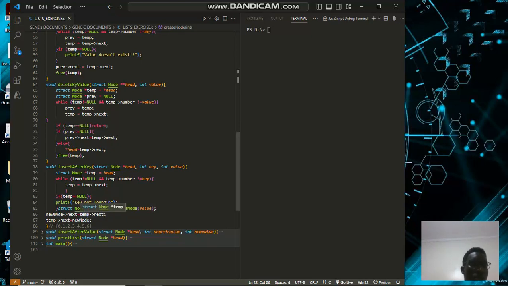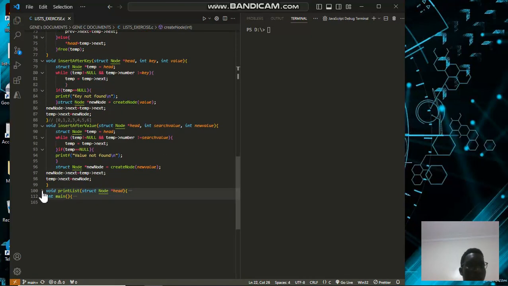Now this temp will now be our new node, meaning that it's going to push our value next to what we want and push it to the node, then we fill in our value in its place. And the same works for insert value. Then we shall have our data,